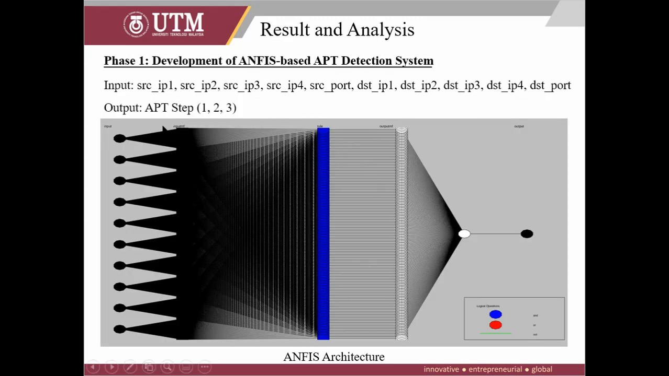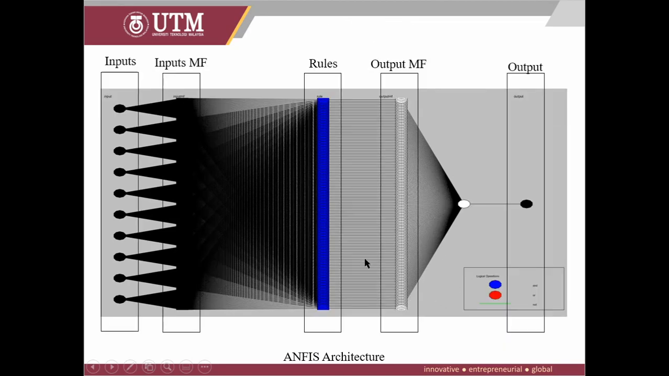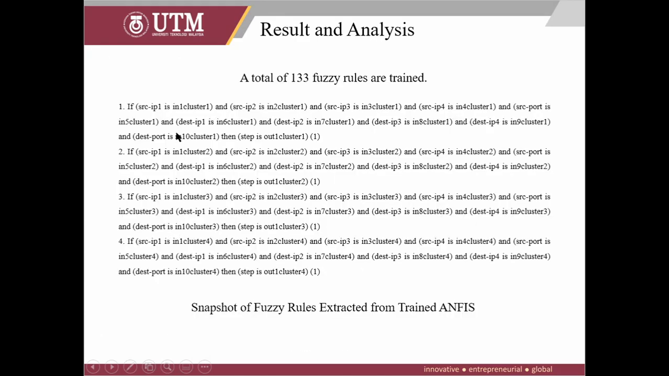10 inputs and 1 output. This is the ANFIS architecture extracted from MATLAB. 10 inputs, the input membership functions, the rules, and the output membership function that combine and compose to give us 1 output here. There are 133 rules here that map to each membership function. So this is an example of the rules that we have, 133 rules that are trained to classify the